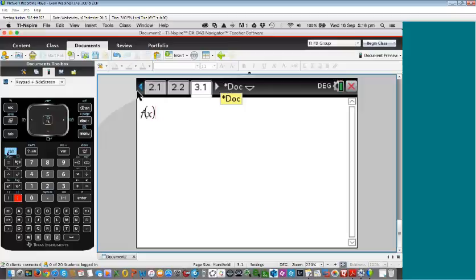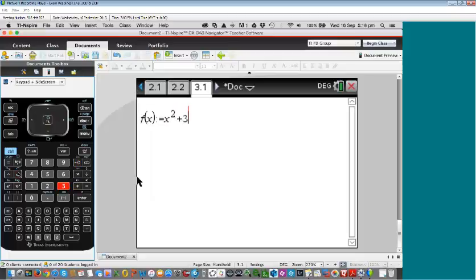I'm going to define that, so control and then our template. And in this case it was x squared plus 3. And if I press enter, we'll get done. So it has stored it and we know it's stored it successfully. Okay, I'm going to now define g of x